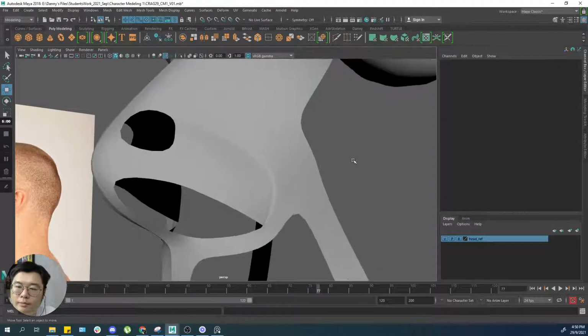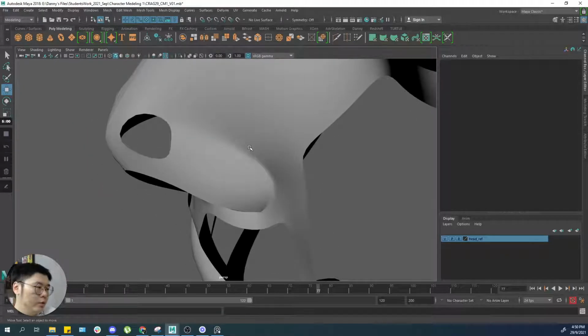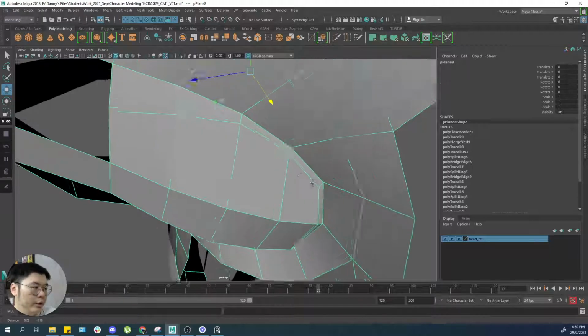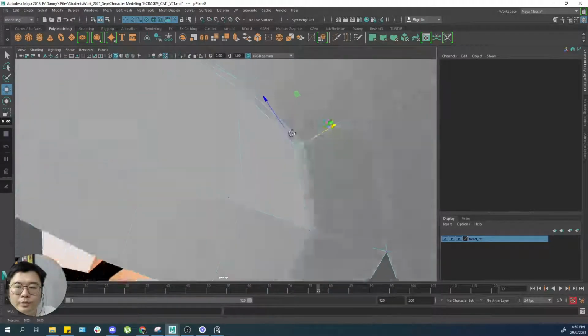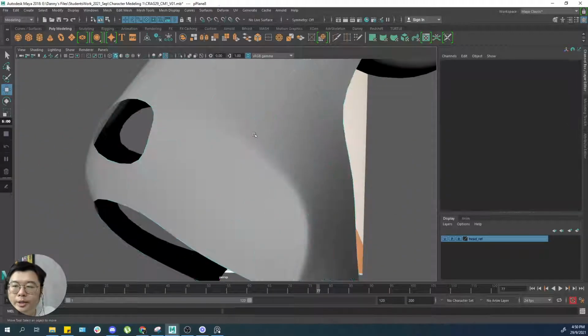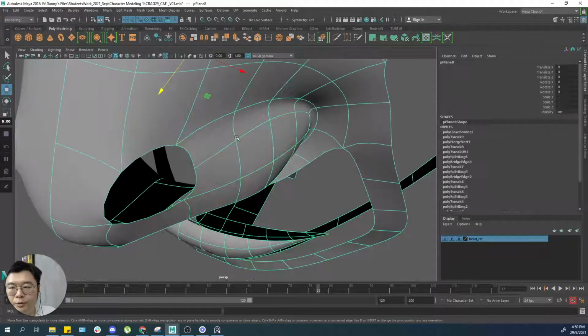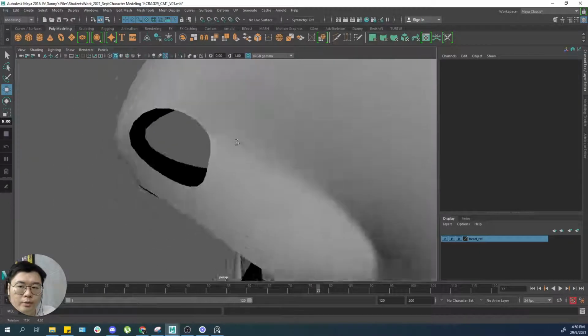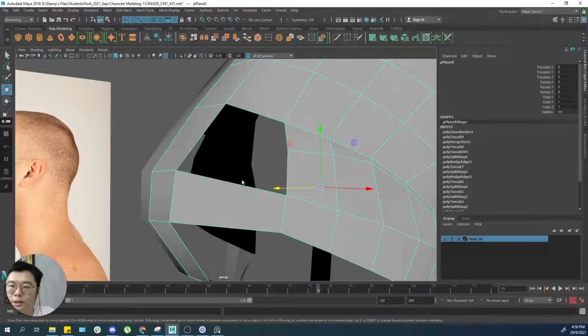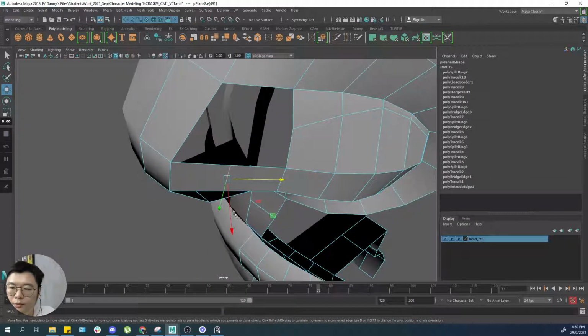Because this one is close to the vertex, it will look nicer here. And then this part will slightly spread out, so it will go smoother. Okay, and then this part we can just add the lines